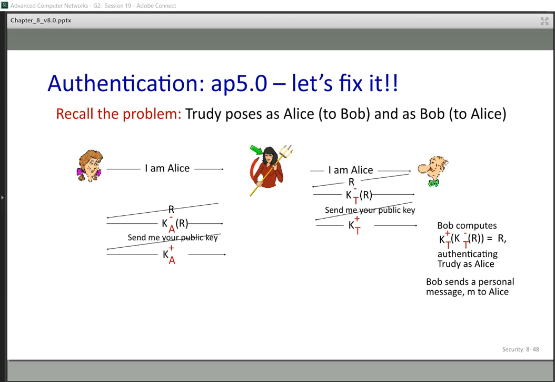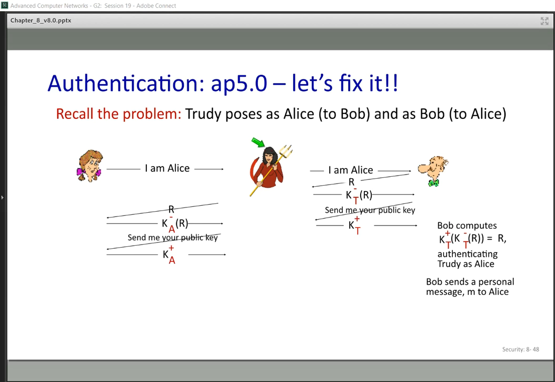But Trudy is here. So if Alice tries to send her private information to Bob, she doesn't know that this is not Bob. This is Trudy here. Alice sends her private messages to Trudy. And maybe Trudy sends the same message to Bob.